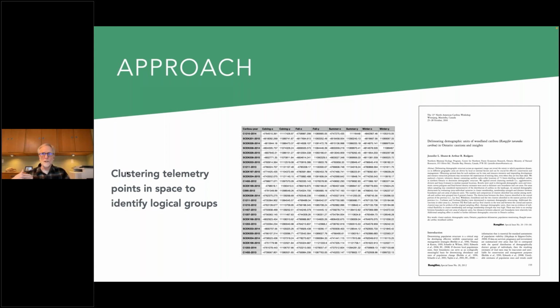Maybe one of the first applications was for polar bears in the Canadian North, but a little later, Jen Shooter and Art Rogers did this paper for the Winnipeg North American Caribou Workshop in 2012, where they basically did this kind of approach using a hierarchical clustering method for caribou in northwestern Ontario. In this application, the idea is to look at the median X location and the median Y location